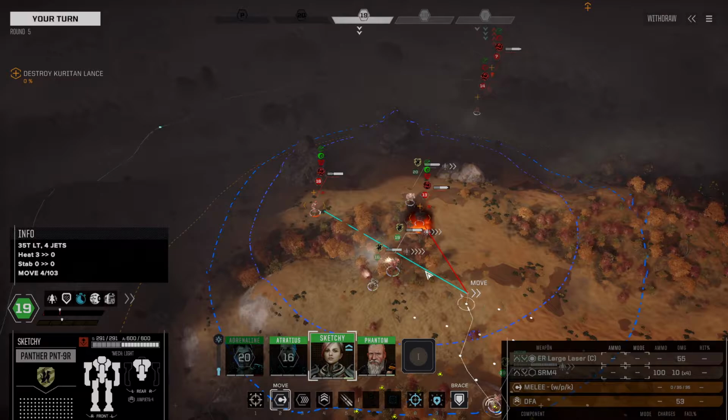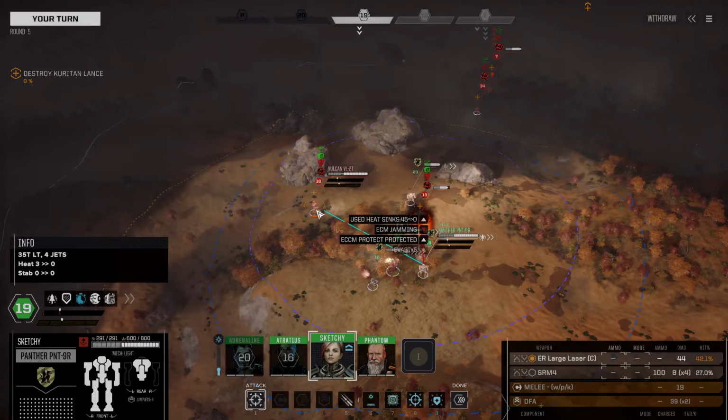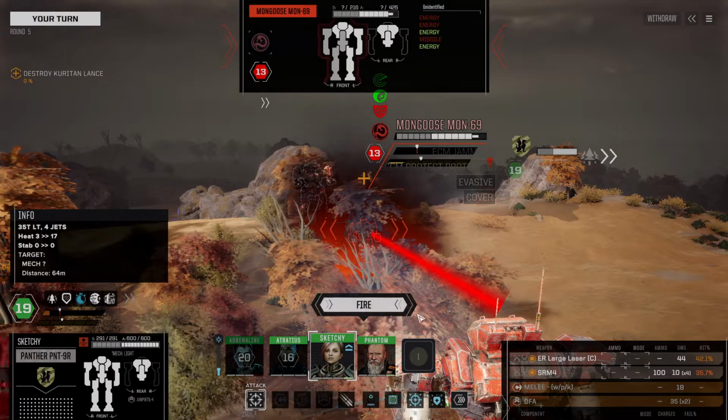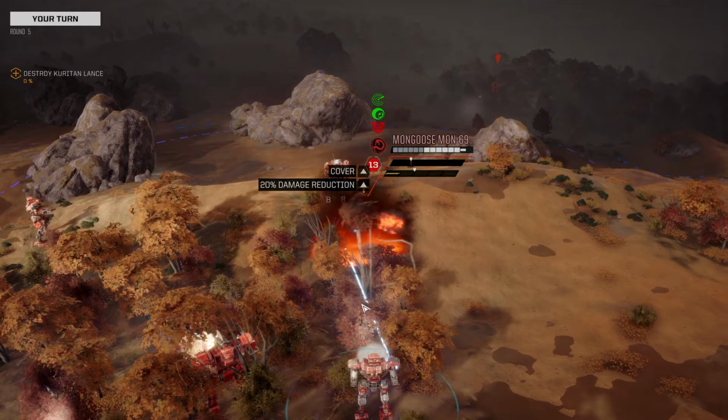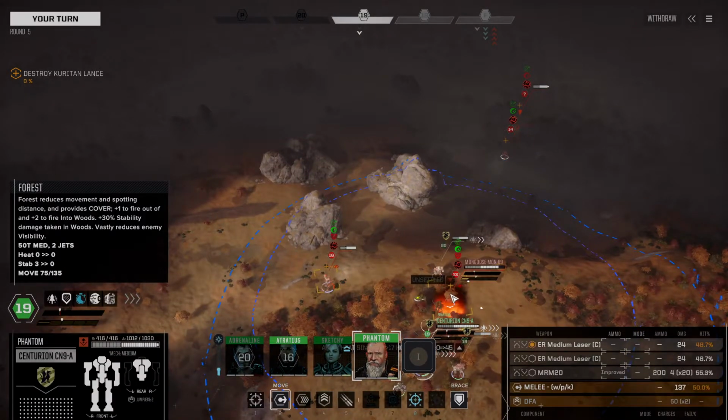Commander. Let's go ahead and move up to here. Question is hit odds. Hit odds are solidly mediocre. We're going to go for it. Fair enough. Now, what are your orders? The Centurion...